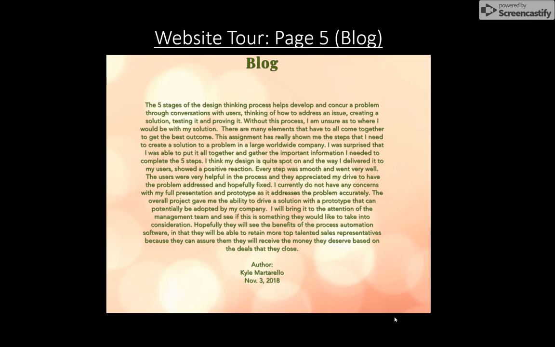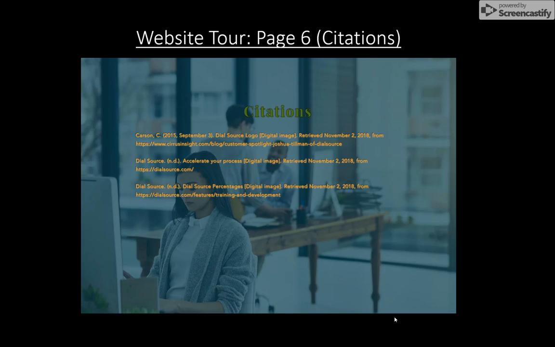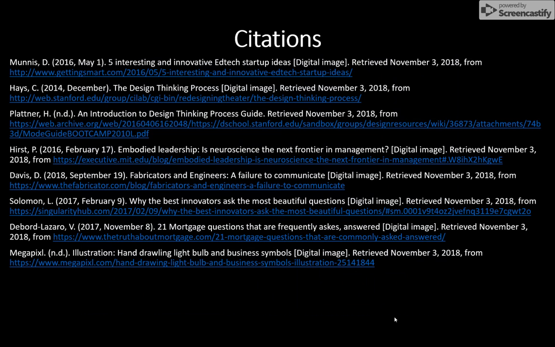We transition into my blog. My blog explains why the 5 stages are important to deliver a solution. It's ideal, and how we can get our users to stay and not lose top sales reps. I'd like to bring the attention to management, and I will, and hopefully they will adopt this program. My last page of the website is my citations. And then the citation